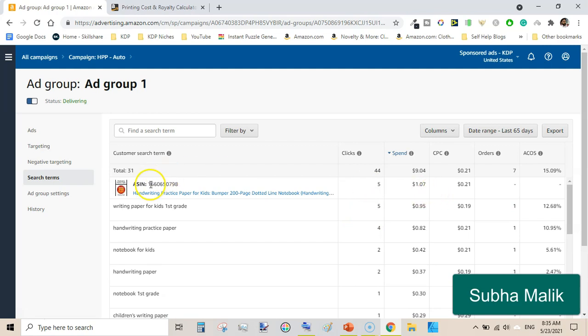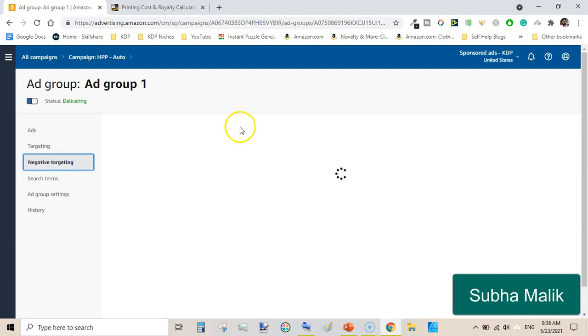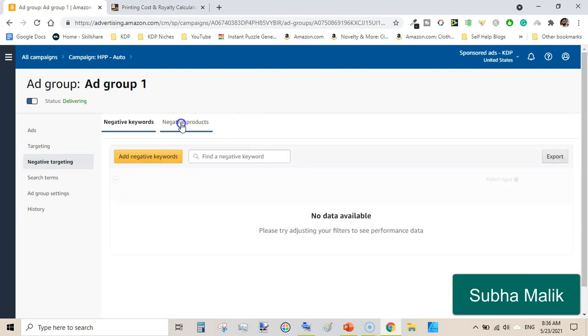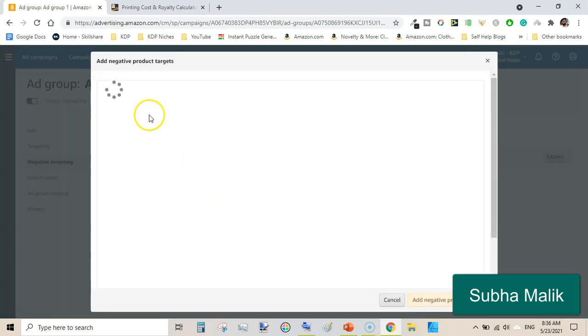For example, this ASIN has spent $1.07 and it hasn't generated any sale. I will simply copy this ASIN, and then go to negative targeting, select negative products and add negative products.